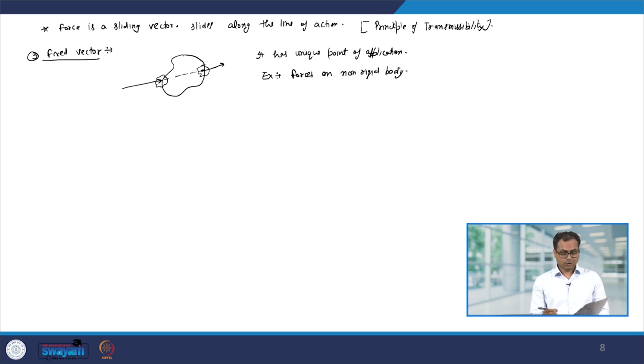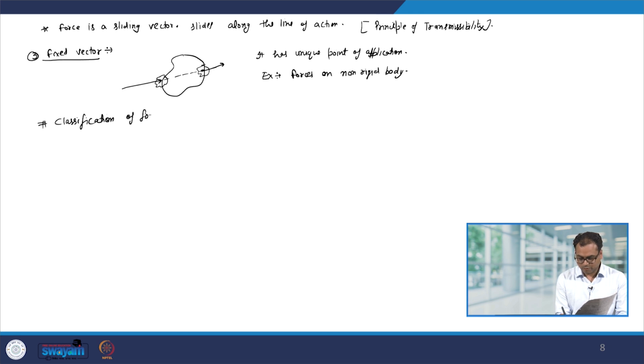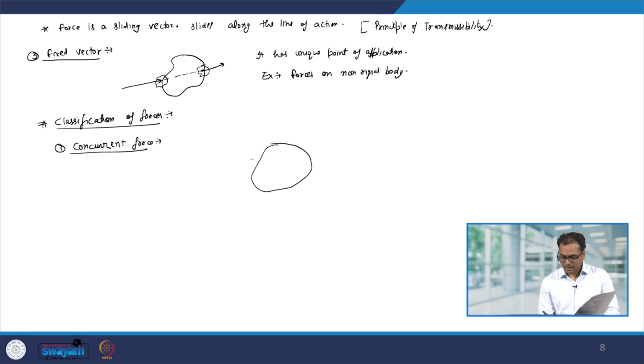Now, there are various situations in which the force can act on a rigid body. Okay. So, let us discuss those situations. So, let us call them the classification of forces. So, these are nothing but different situations in which the forces can act on a rigid body. So, the first one is the concurrent force. Okay. So, let us say I have a rigid body, and in this rigid body the forces are acting on it. Now, if I look at the line of action